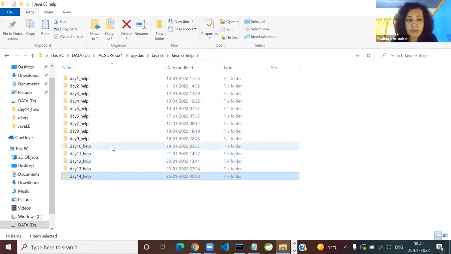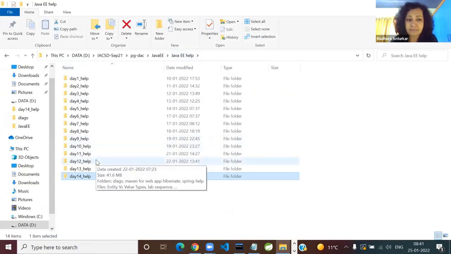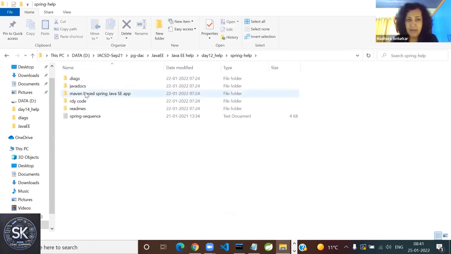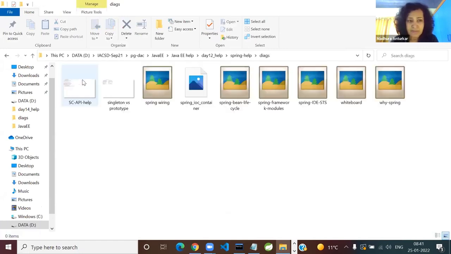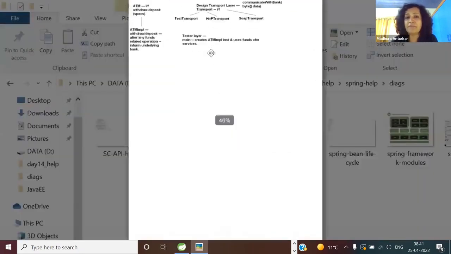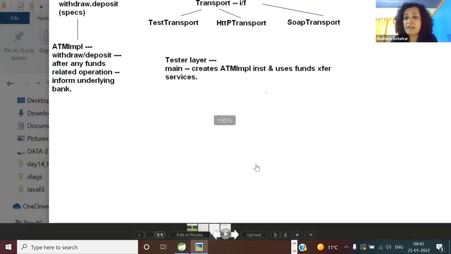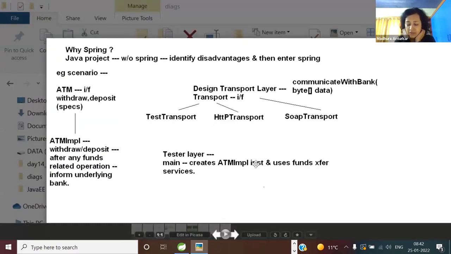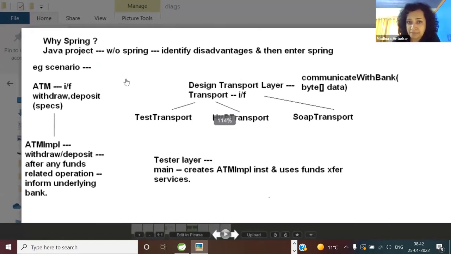So open day 12 data, day 12 help, Spring help. And open diagrams. There is one diagram called Why Spring. Found it? Day 12 data, that is Saturday data. What is it? Day 12 help, Spring help, and in diagrams you will get Why Spring.